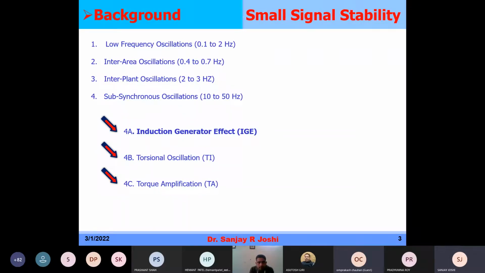Another, the fourth category with which today's talk is concerned, is the subsynchronous oscillations. So the frequency of oscillation ranges